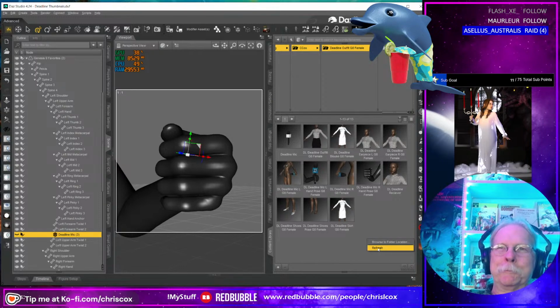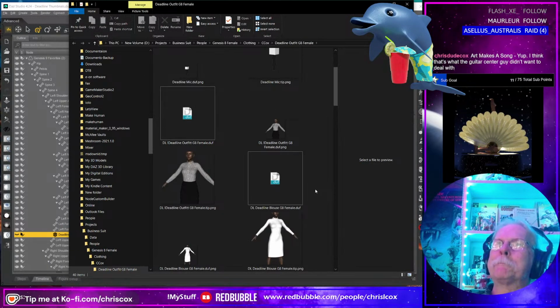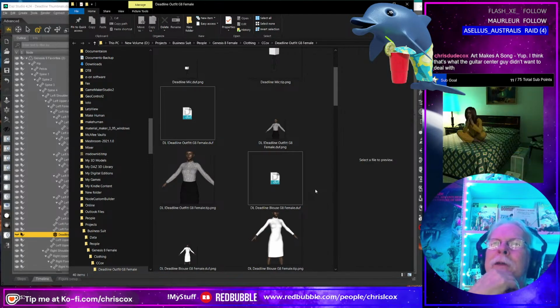Browse the folder location. Okay, we're going to clean these ones up and move along. You think that's what the Guitar Center guy didn't want to deal with? Having to restring a guitar backwards and then tune it? Yeah.